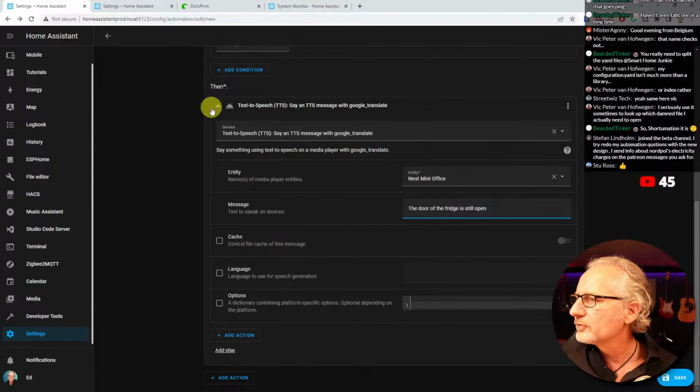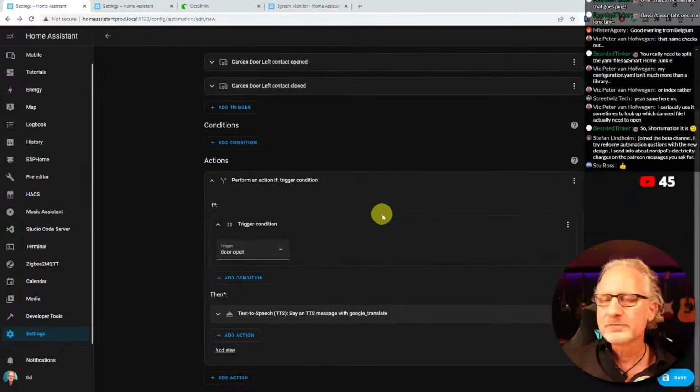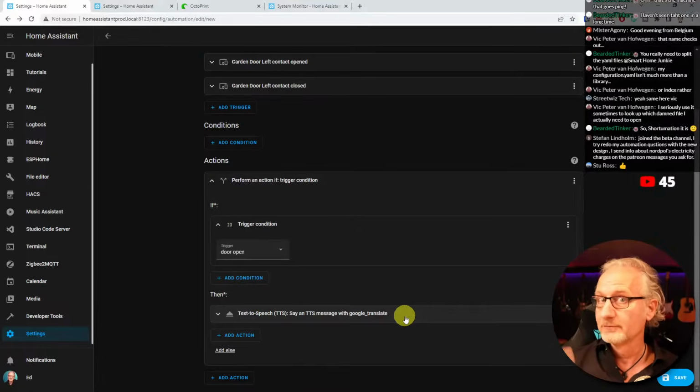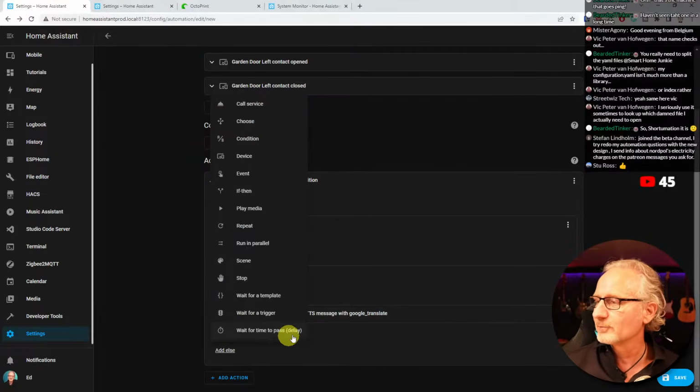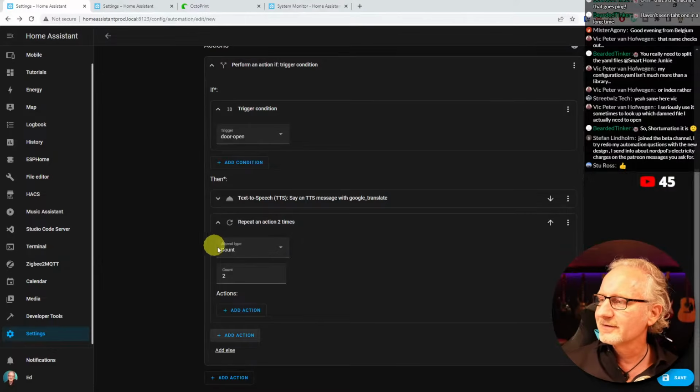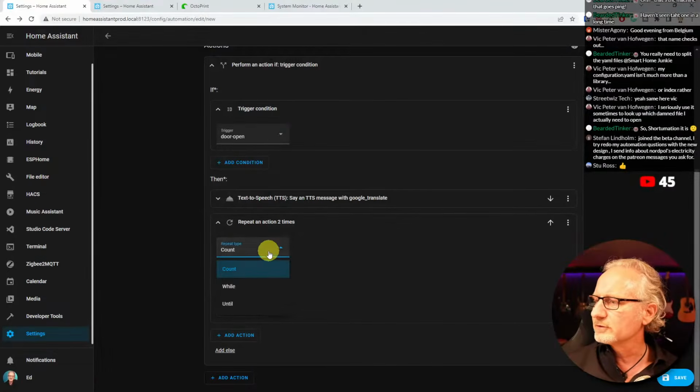So this is basically what you now have: as soon as the door is open, then the text-to-speech is saying that your door is still open. But then you want to repeat that, repeat that. So I'm going to add an action, and that is the repeat action. Surprise. And now you can choose for a count, so how often you want this, but you can also do a